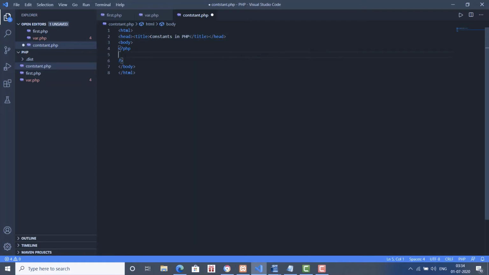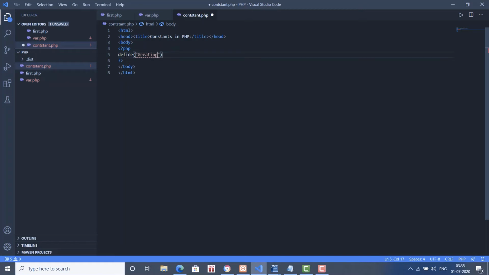Now here we have to write the script. We use the define keyword for defining the constant. First, we give the first parameter, that is the name of the constant. I want to give the constant the name greeting.